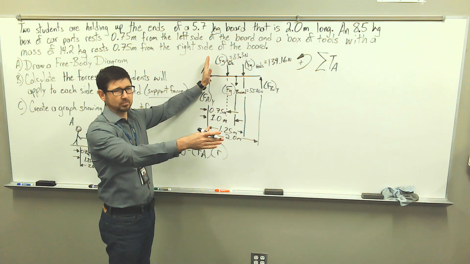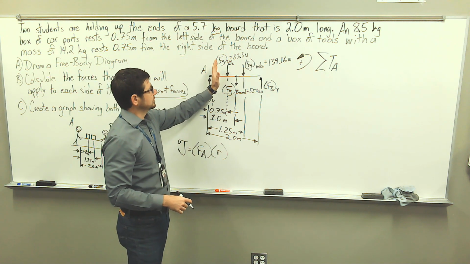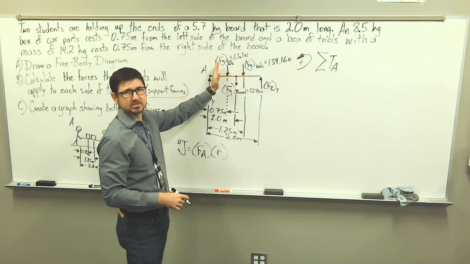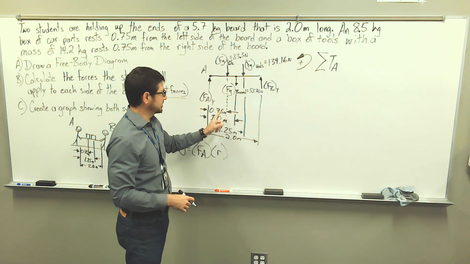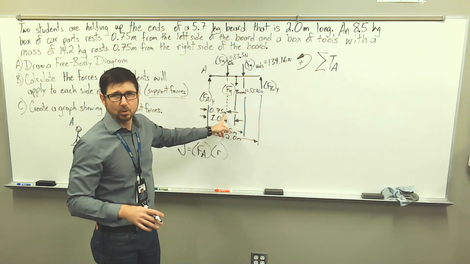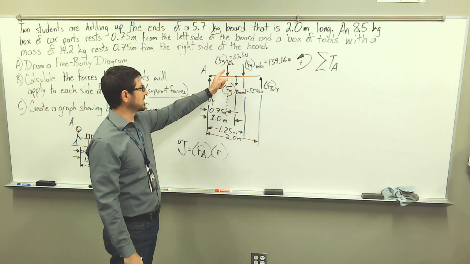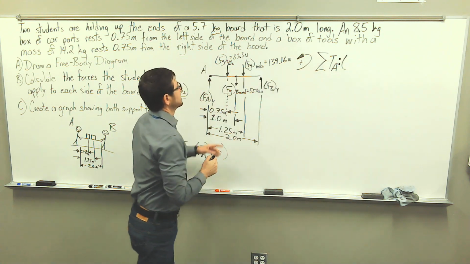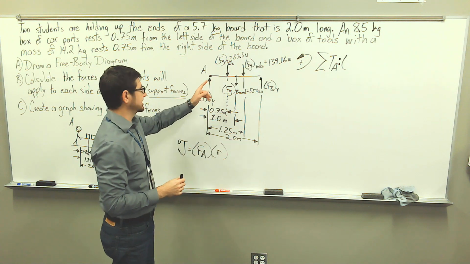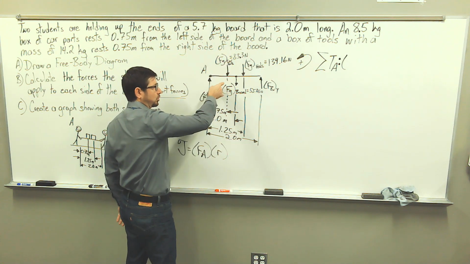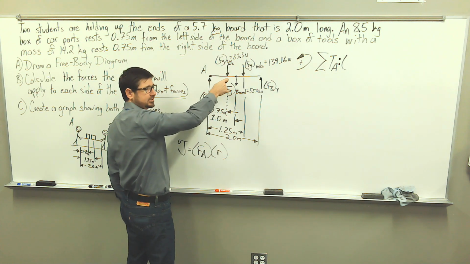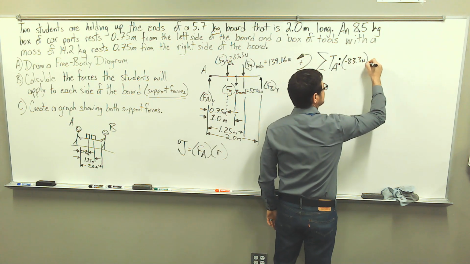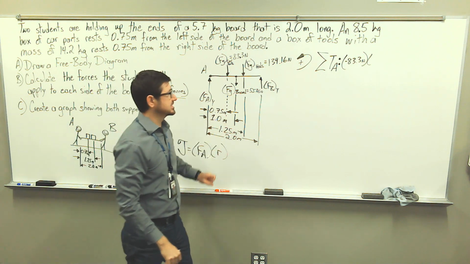So we're going to start at this position, 0 meters. We're going to move in a positive x direction. So we're going to take into account where we encounter our first force. So moving in a positive x direction, nothing's going on, nothing's going on. Oh, until we get to a position of 0.75 meters. We have an applied force, so we have a weight force of the car parts. So what we have is 83.3 newtons. Remember, A is an axis of rotation. So this applied force will cause a clockwise rotation, and that's negative. So I have negative 83.3 newtons times the lever arm, 0.75 meters,